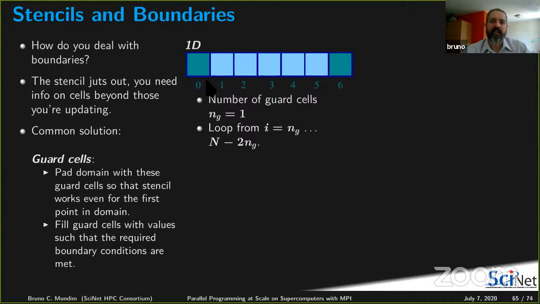And then when you do the loop, you loop only on the interior cells that you have. So you basically add just 2 cells to help you with the computation of the derivatives,